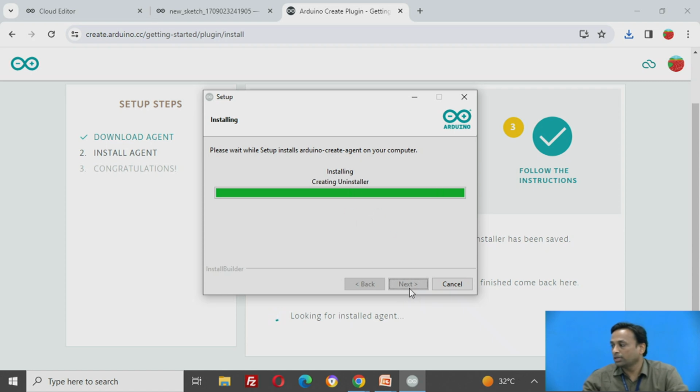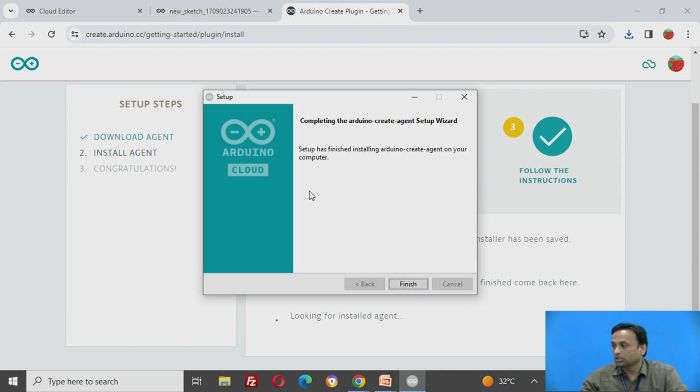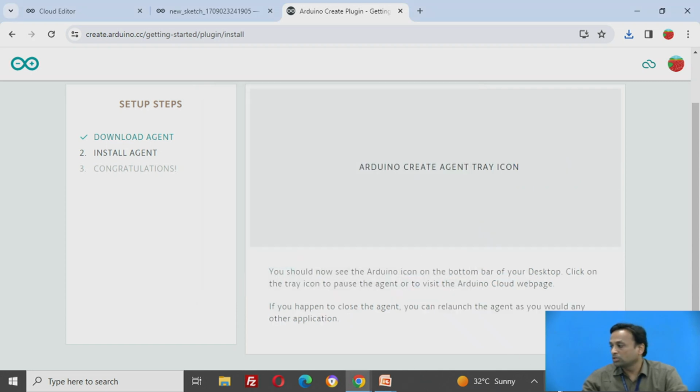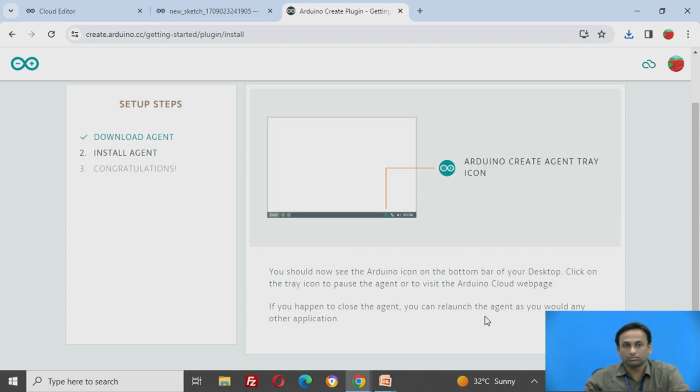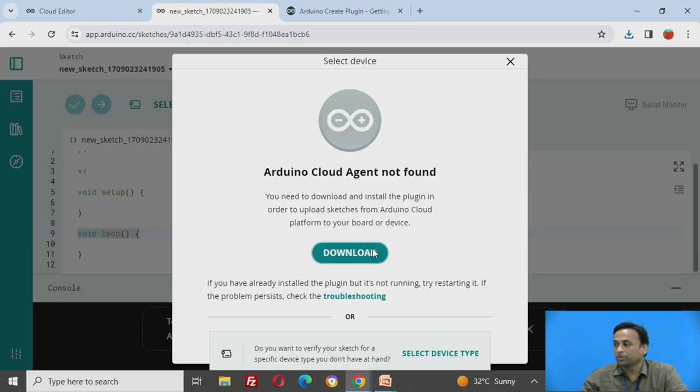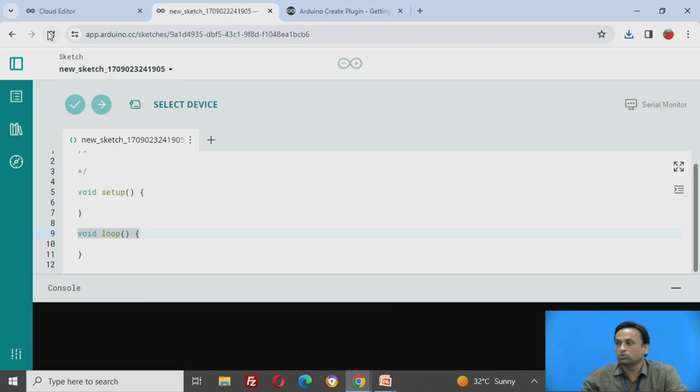Now launching the agent. After completing the Arduino Create agent installation, the symbol will come in this manner. Go to Arduino Create, open this, pause and quit the agent here. Whenever you are going to connect this board, the agent will be required. So now once you have installed this,